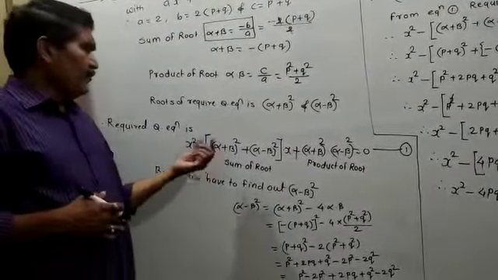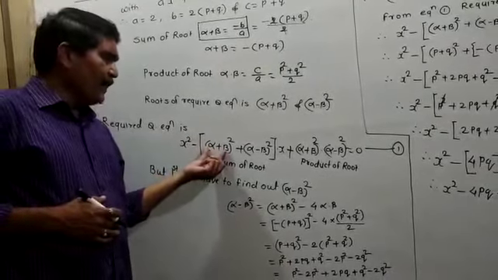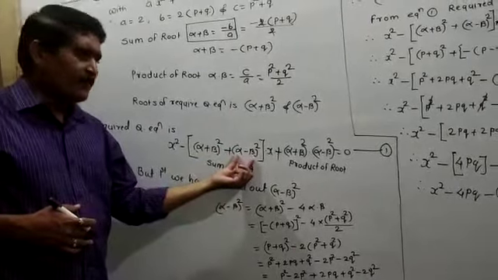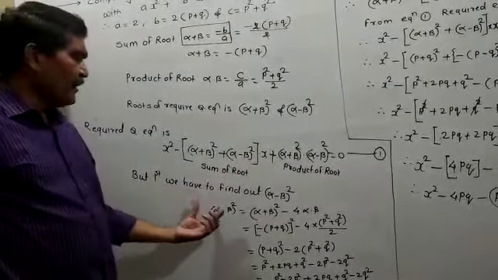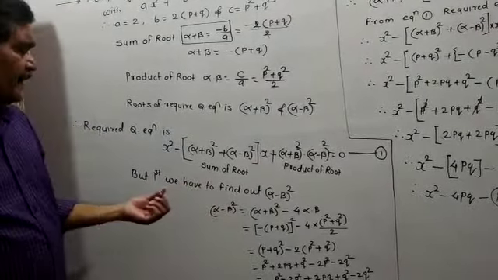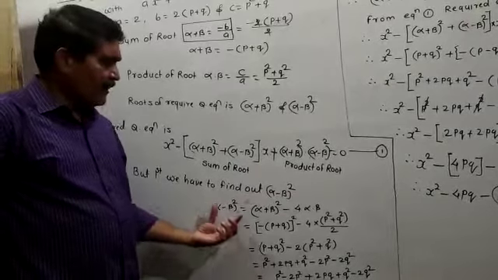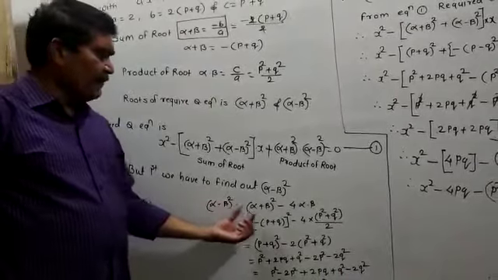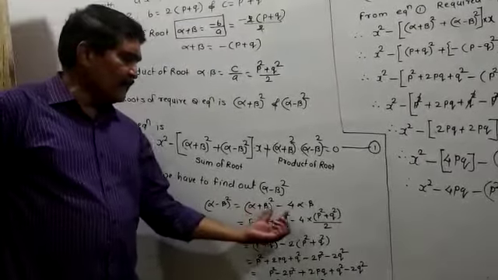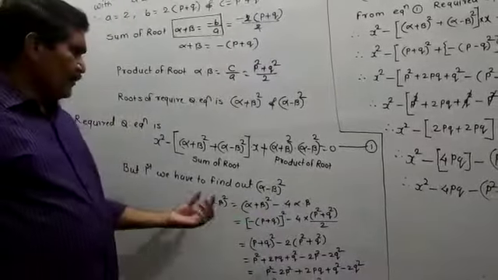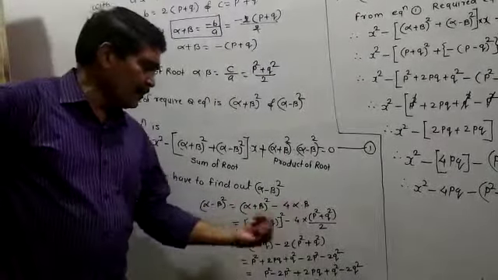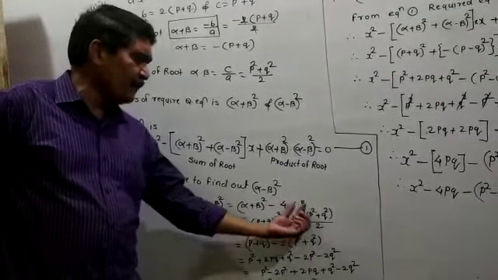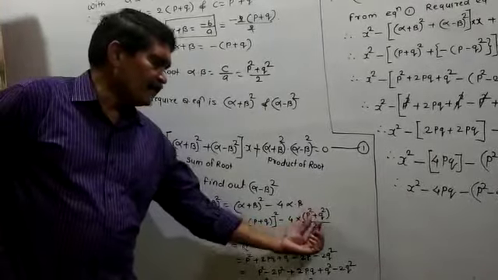We have the value of the sum of the roots. Now we have to find the value of the difference of the roots. If you want to find the square of the difference of the roots, we have the identity, which we already proved in previous examples: alpha minus beta bracket square is equal to alpha plus beta bracket square minus 4 into alpha into beta. So here you have to put the values of the sum and product of the roots. The sum of the roots is minus of p plus q bracket square, minus 4 into alpha into beta, whose value is p square plus q square upon 2.